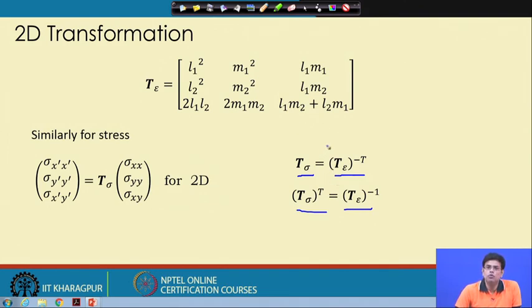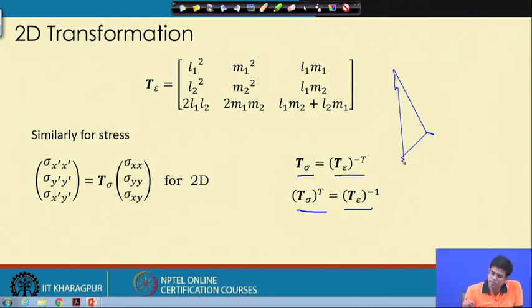There are two ways. If you know the virtual displacement or virtual work principle, that will give you the same result. Otherwise, you can use the invariance of the strain energy function, which is essentially